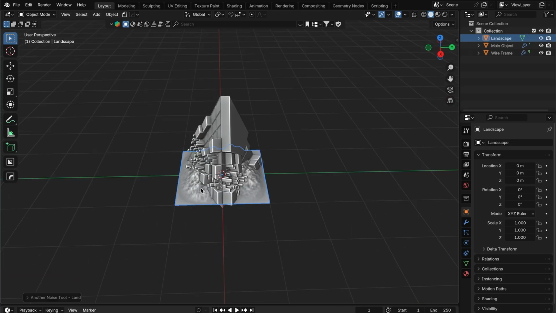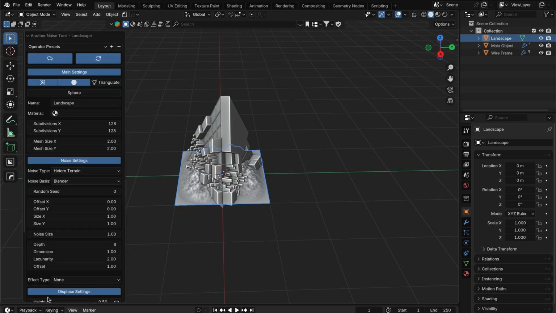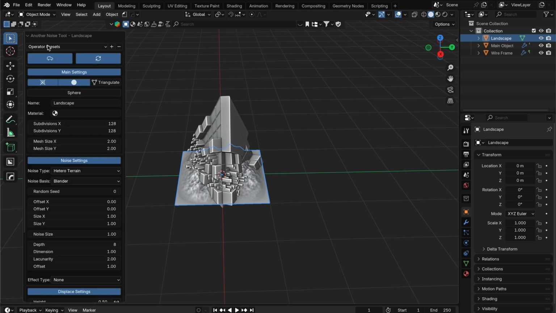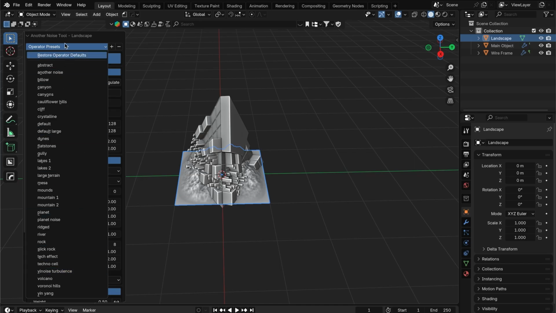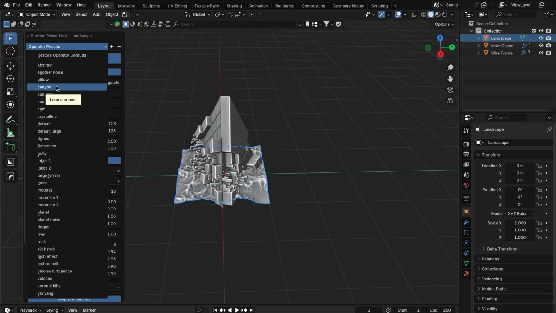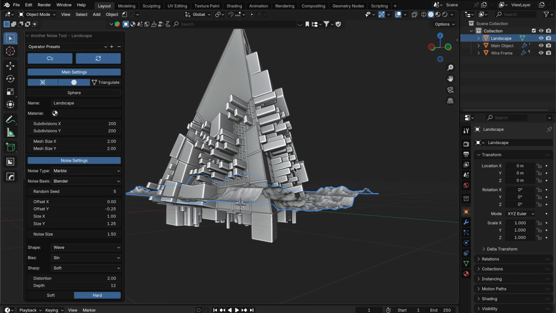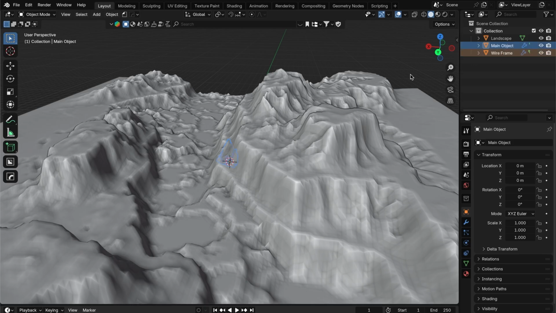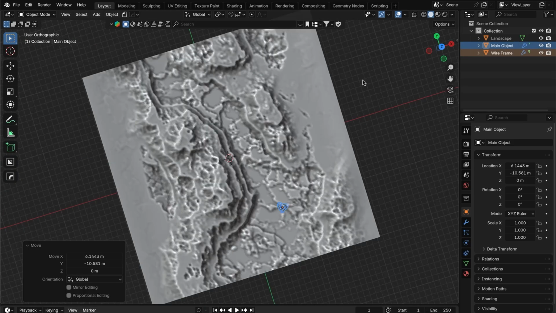Now straight after you add it, before you click or press any buttons, you can go down to this little drop down panel at the bottom here, and there's a bunch of operator presets. So there's all these different terrains, but the one I found the best is Canyon. So we're going to use that one today. Now we can just scale it up pretty big like that, and let's move our object over here